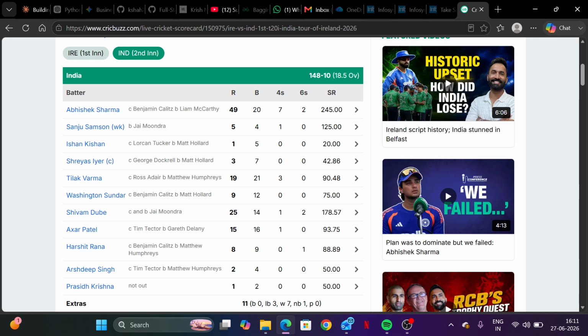So Tilak has batted from number three to number six, in all the positions. But still Tilak Verma is not able to gel in his position well enough, and is still not able to find the rhythm in a match where the team needs him the most. He scored 19 runs in 21 balls, a strike rate of 90.48.